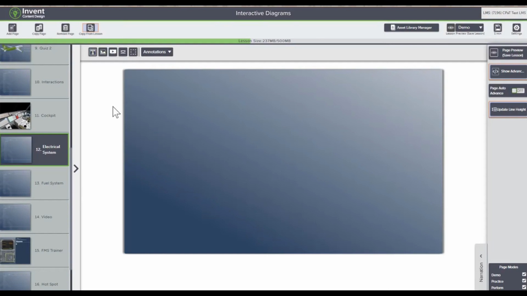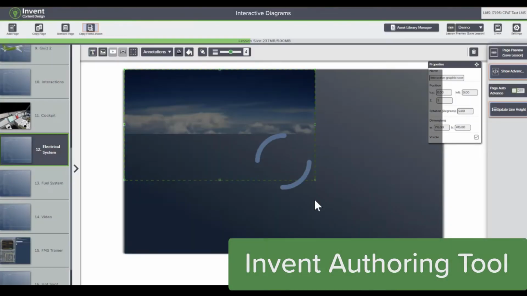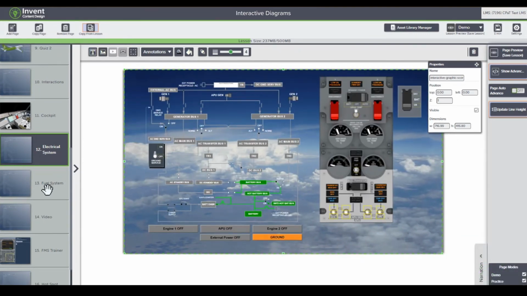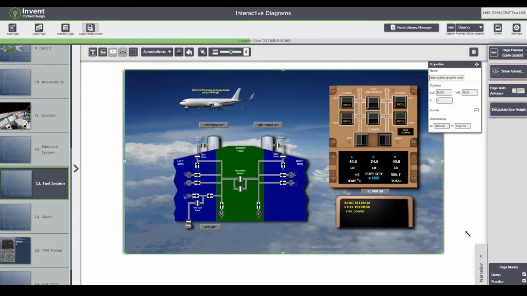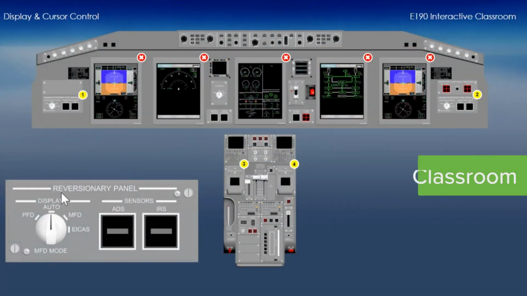What's more, all interactive diagrams are included in CPaT's dynamic authoring tool, Invent. Using Invent, lesson developers can integrate these diagrams into other lessons or create their own interactive diagram lessons. And CPaT makes it easy to use these real-time manipulatives in a variety of instructional settings, from classroom training to